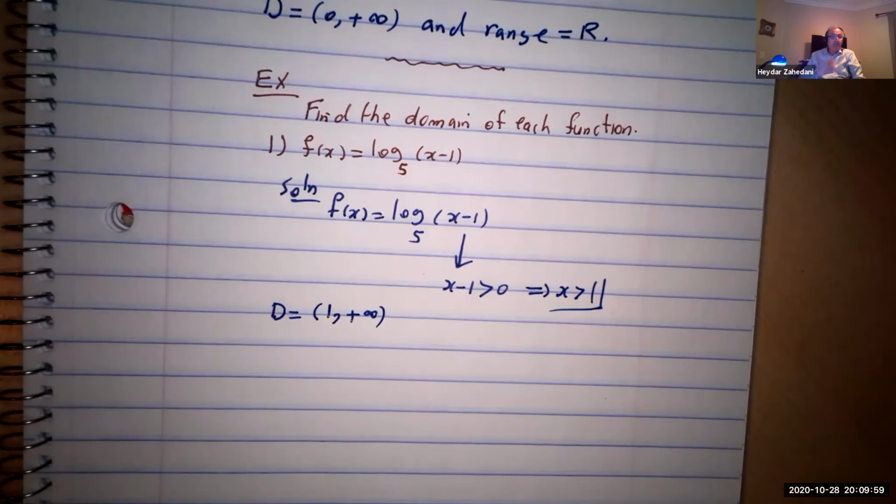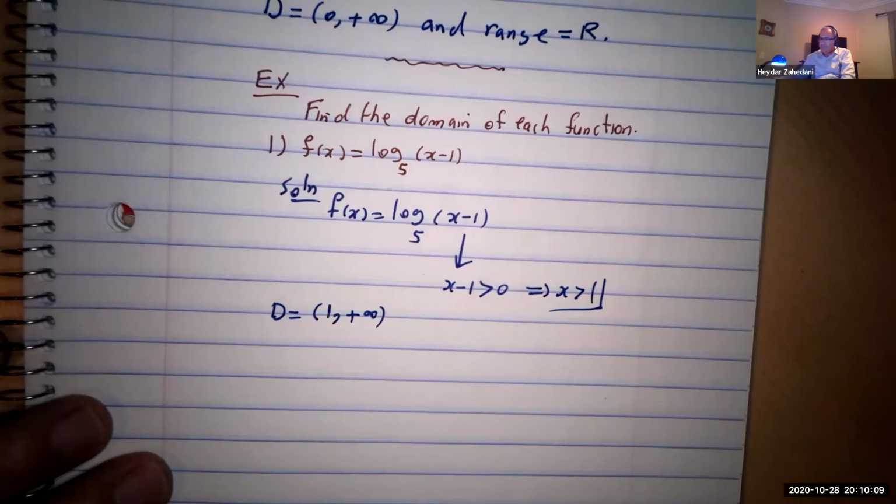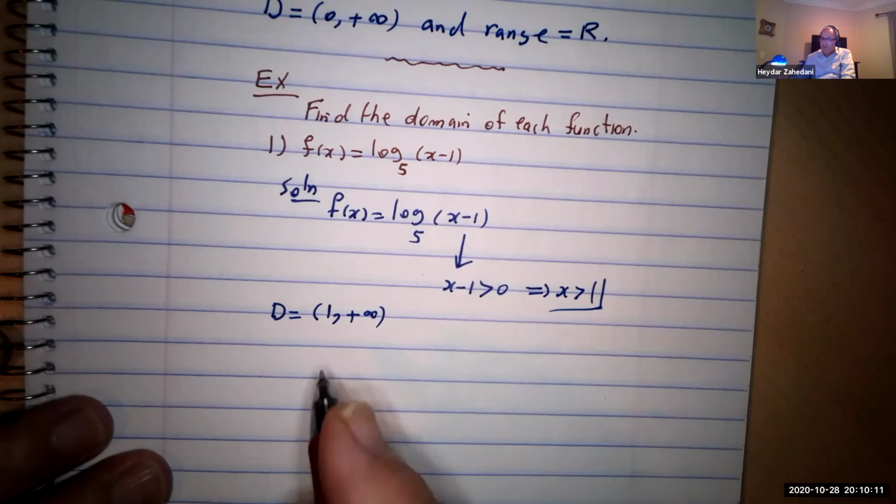Because if you pick any number less than 1, inside would be a negative number. So you cannot have a negative number. That is the type 1. Any question? Type 2